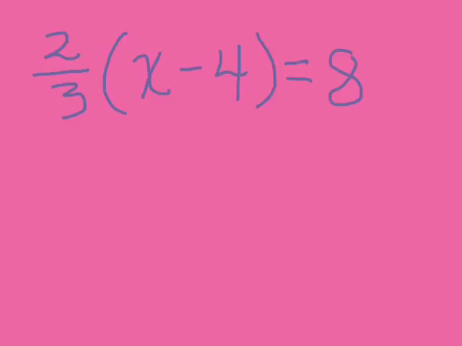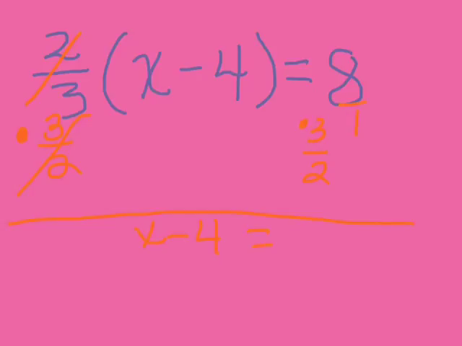2/3 times the quantity x minus 4 equals 8. So I'm going to start by undoing 2/3. I'm going to divide both sides by 2/3. You might remember that dividing by 2/3 is the same as multiplying by 3 over 2. So I'm just going to go straight for multiplying by 3 over 2 this time. So I undo over here, and I end up with x minus 4, and 8 times 3 over 2 is